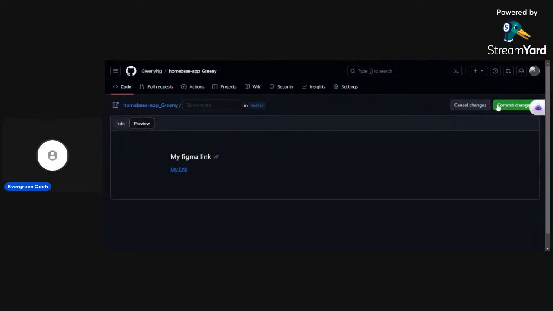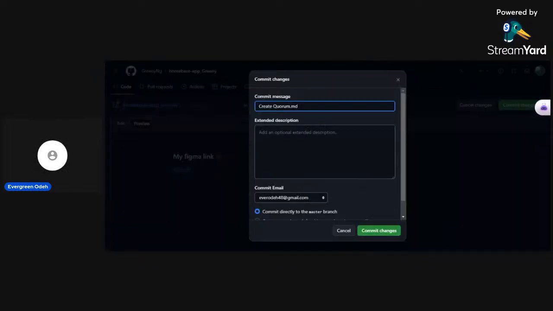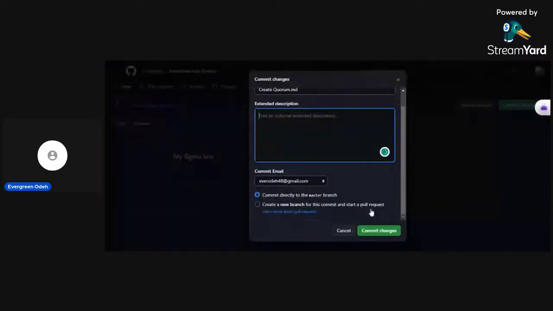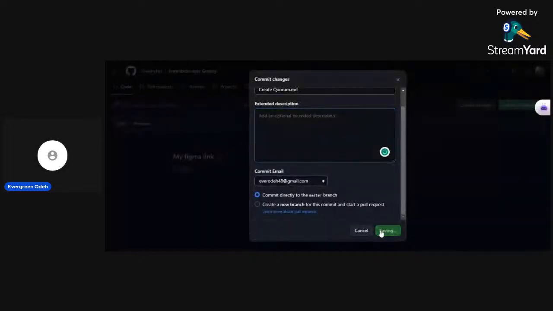So I'll commit my changes, create forum.md, and the extended description is optional if I actually want that. I'm committing straight to the main branch. So I will commit my changes.